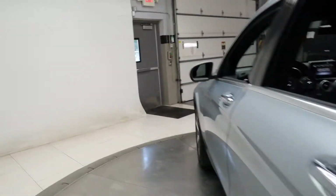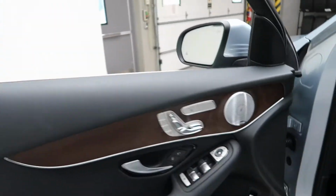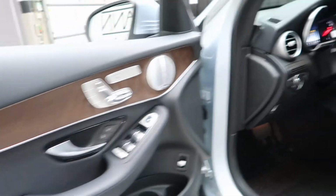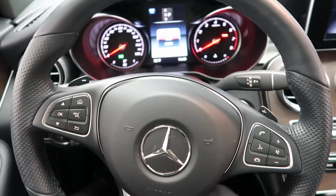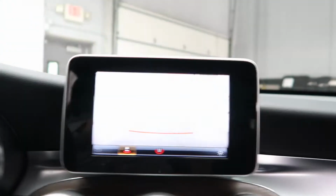premium 1 package with blind spot assist, chrome door handle inserts, Burmeister sound system, heated seats, memory seats, heated steering wheel controls, smartphone integration with Android Auto and Apple CarPlay, paddle shifters for extra performance, a push start ignition, rear view backup camera,